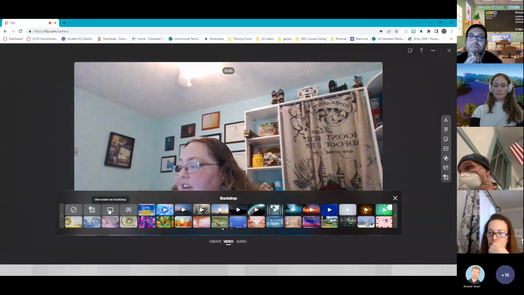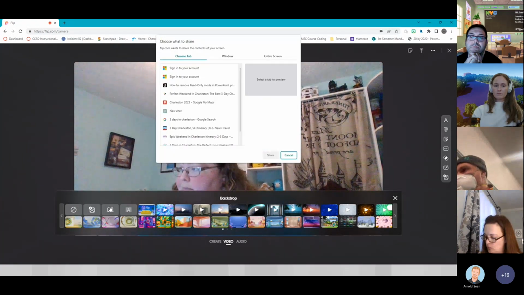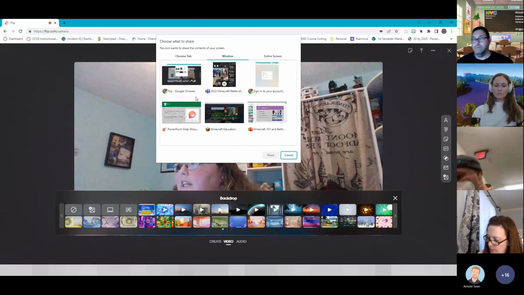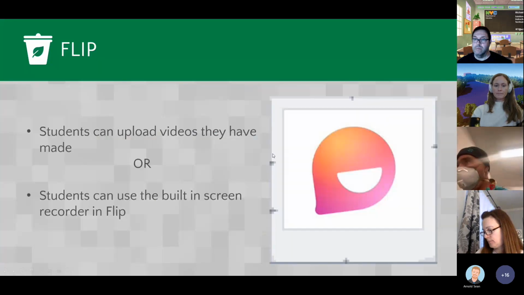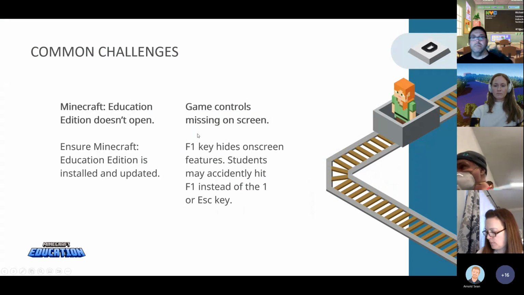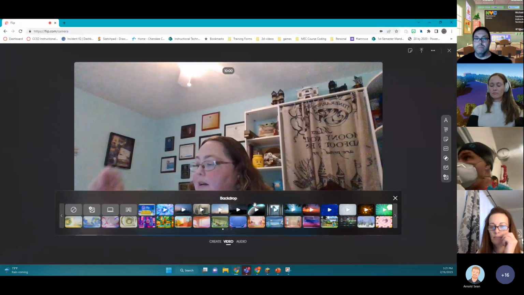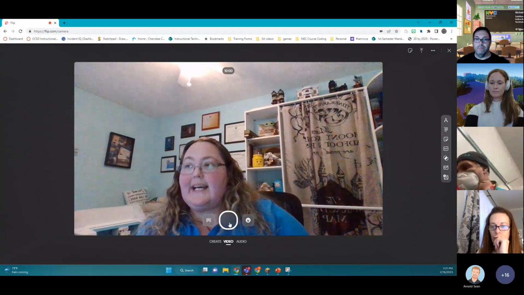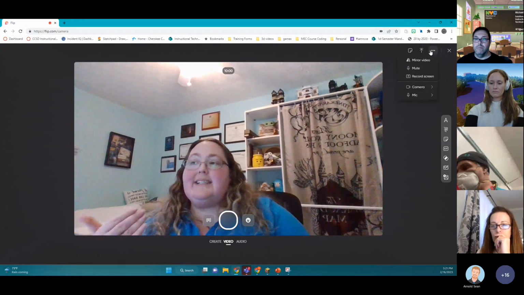I can have my screen be my backdrop by pressing this button, and it's going to ask me, do I want a Chrome tab, do I want a window, and we're just going to use the slideshow for PowerPoint to be my background for now, so you can see what that looks like. And it's actually recording my screen as I talk, and it's making this video. And then when I go back to my Flip, you saw that it was in my background. I would have had to hit record to start that,